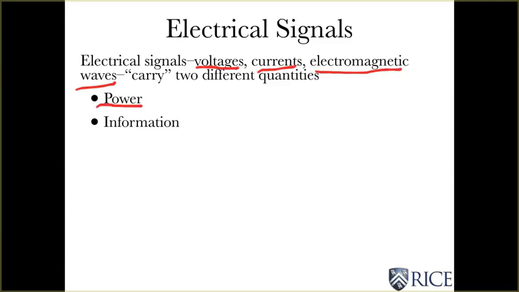First of all, they carry power. When you plug into the socket in the wall, that's an electrical signal that's carrying power, which powers your computer, your refrigerator in the home, the laser printer in the office, all kinds of things. Very important. There are also signals that convey information. For example, the wireless signal that you use with your cell phone to call one person is carrying information,